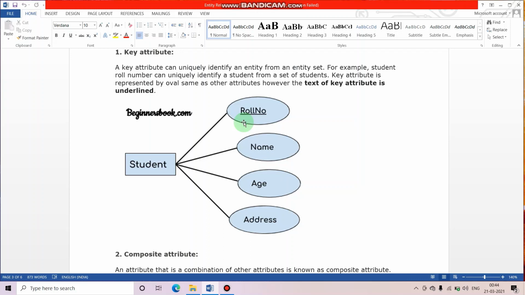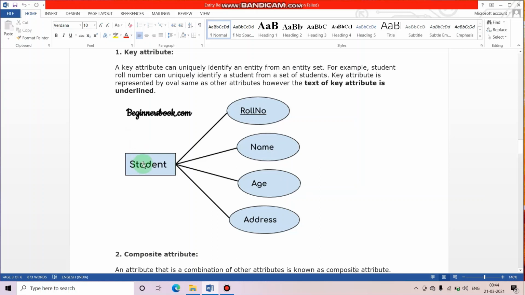So for that we need some identification. So roll number, of course roll number will be unique for everyone. As I told you, student 1 will have roll number 1, 2, 3, 4, 5 and so on, right? So this will become a primary key which will be used to uniquely identify the entire row, the entire record for a particular student. Getting me? So this will be the key attribute. This can be a primary key or unique key. Usually it is kept as a primary key.